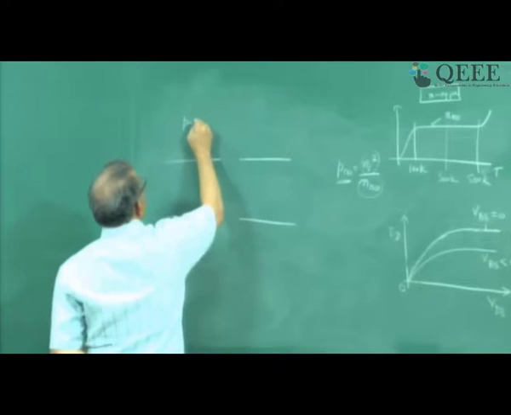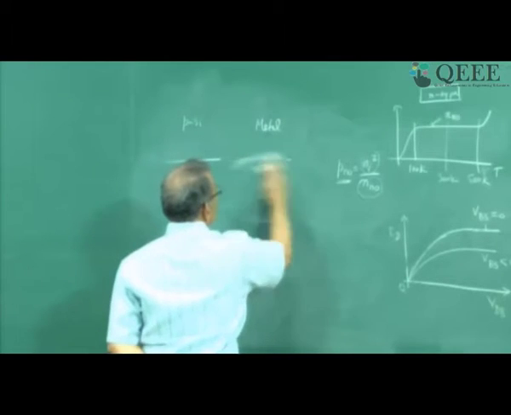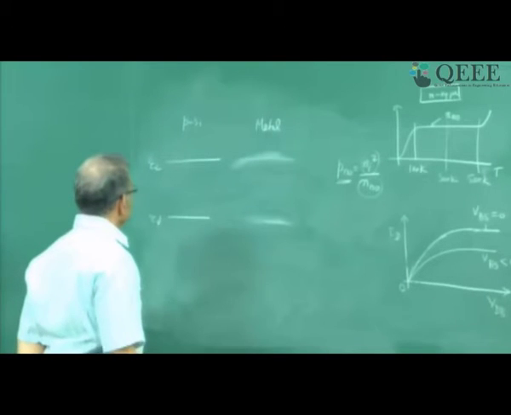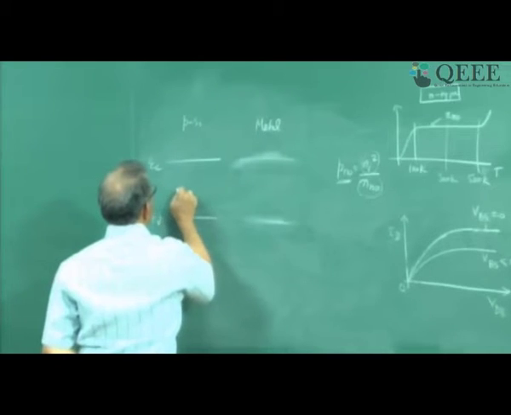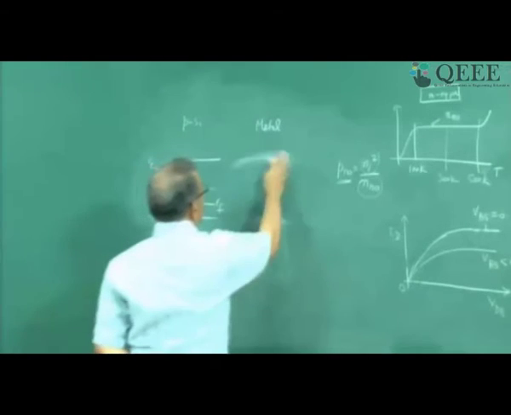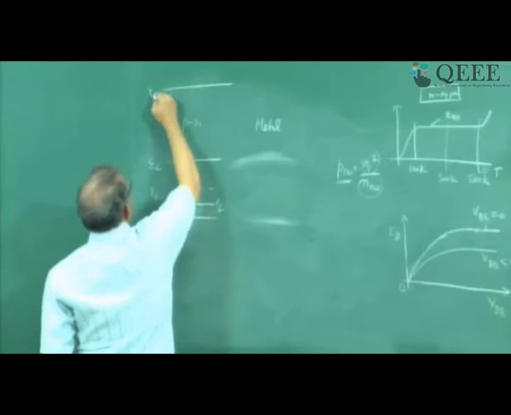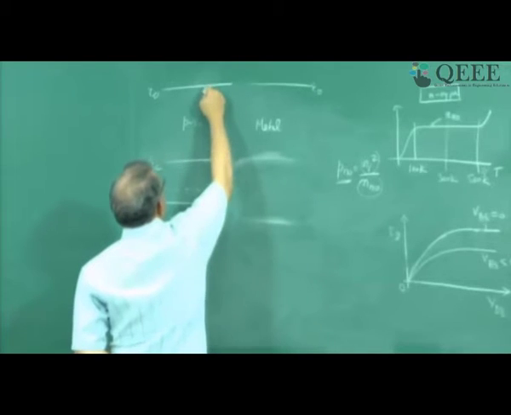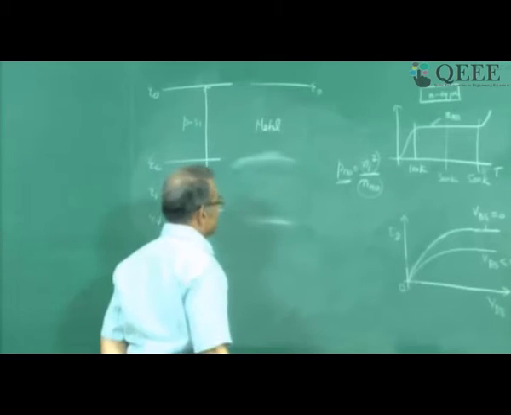Suppose this is p-type silicon and this is metal. For a metal we do not show conduction and valence bands. For p-type silicon you do show conduction and valence bands, so EC and EV, and your Fermi level. As we have said, for p-type silicon it is below, this is EF. Now metal Fermi level, where will it be? Normally you use E0 as a reference to show the Fermi levels. This difference is normally called work function. So you need to know the work function of the metal, right?